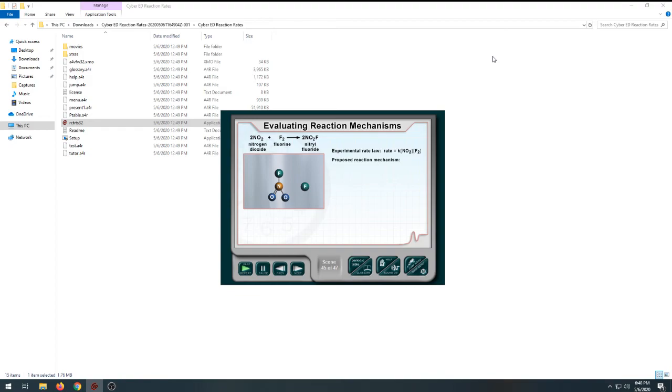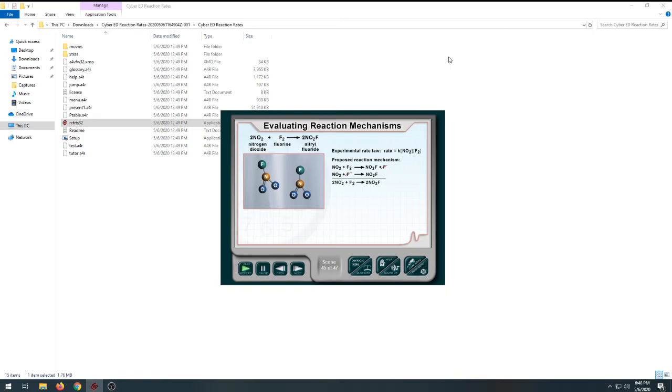In the first step, one molecule of nitrogen dioxide and one molecule of fluorine collide and produce one molecule of nitrile fluoride and a fluorine atom. In the second step, the fluorine atom reacts with a molecule of nitrogen dioxide, producing a second nitrile fluoride molecule. Do the elementary processes add up to the balanced equation? As you can see, when the two steps are added, the intermediate fluorine atoms cancel, and the result is the